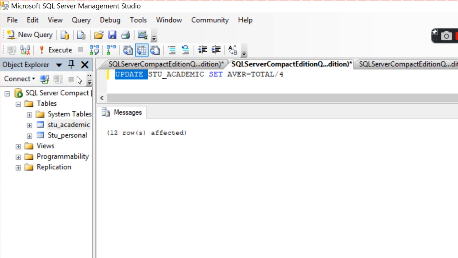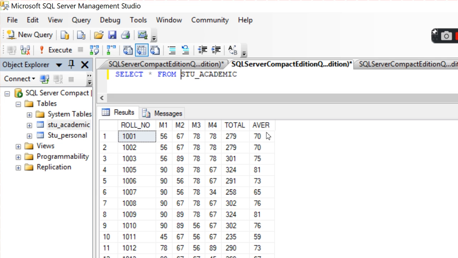Now select star from student academic, press F5. See here, now all the average marks also have been updated by the system automatically.